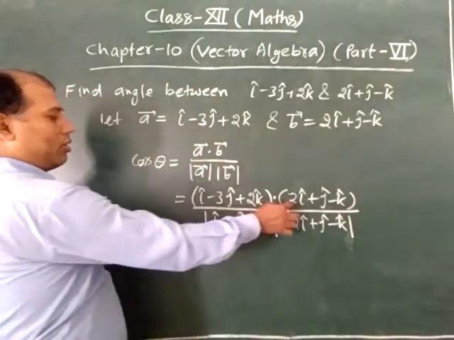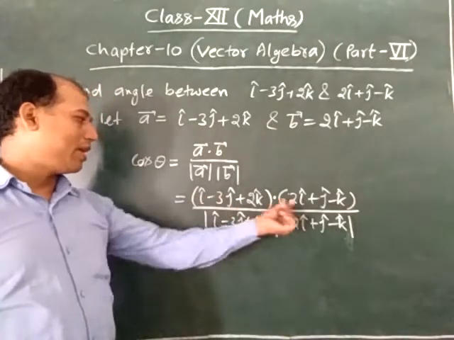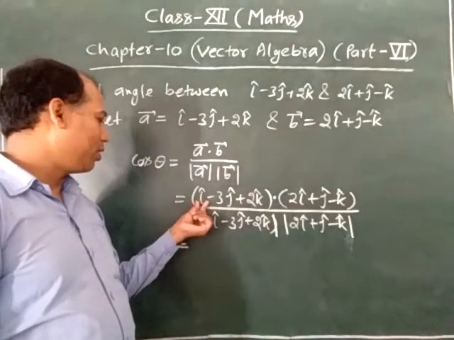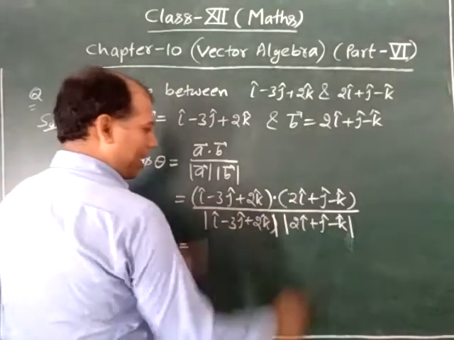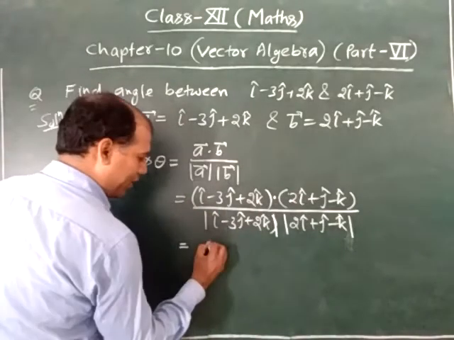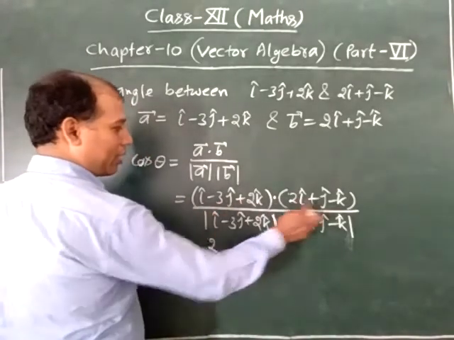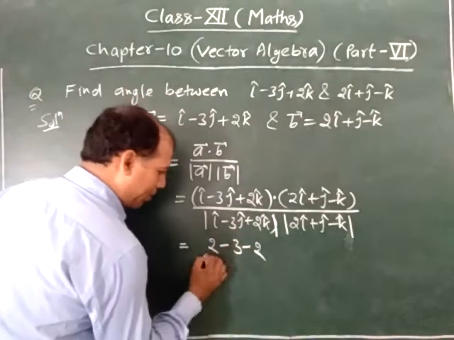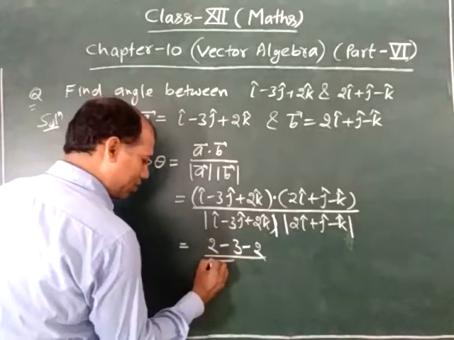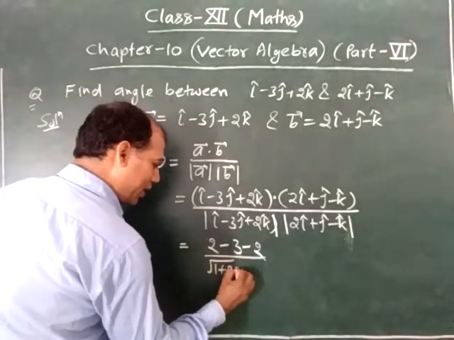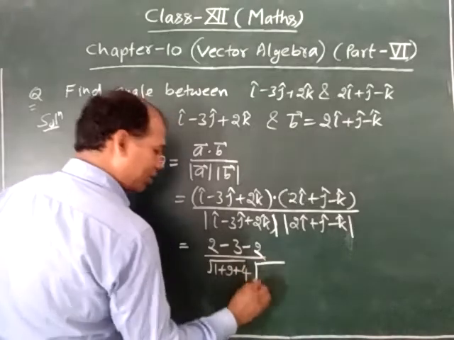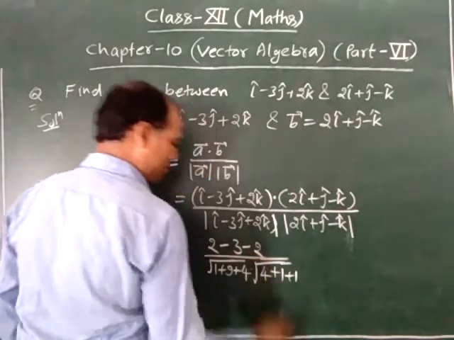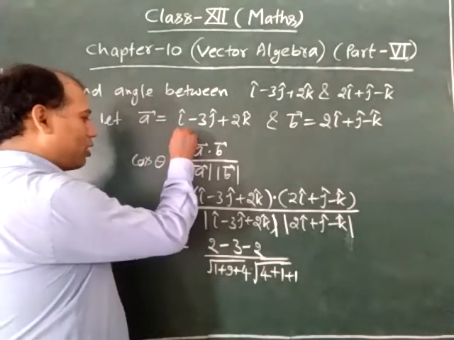Now the dot product is done element wise: the i component is multiplied with the i component, that means we get 1 into 2, 2, minus 3, minus 2, divided by under root 1 plus 9 plus 4 into under root 4 plus 1 plus 1, and we take the modulus of the whole value,